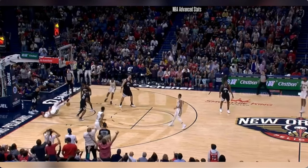That's your film breakdown. Brandon Ingram once again playing like a superstar, but the others are doing their job. Trey Murphy, Herb Jones, Larry Nance, Jonas Valanciunas, CJ McCollum. Those guys, even Josh Richardson, Naji Marshall, those guys are playing. Their level is rising as Brandon Ingram's level is rising. And it's very important to shout those guys out too, because they make Brandon Ingram's life way easier,